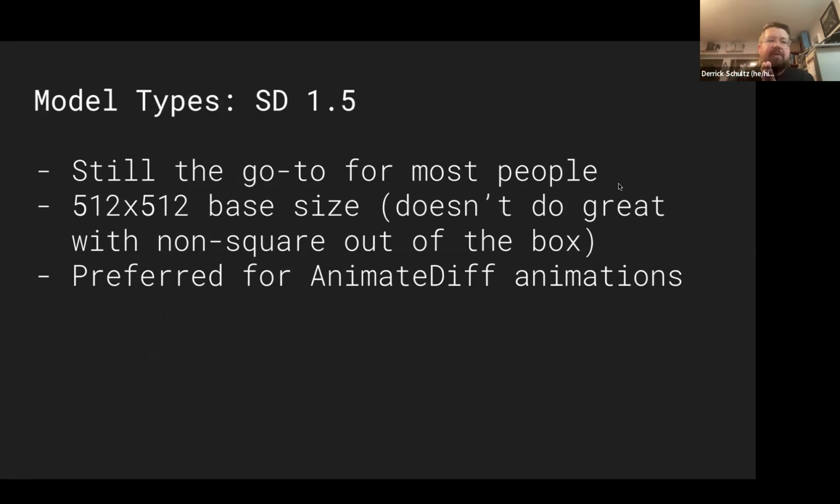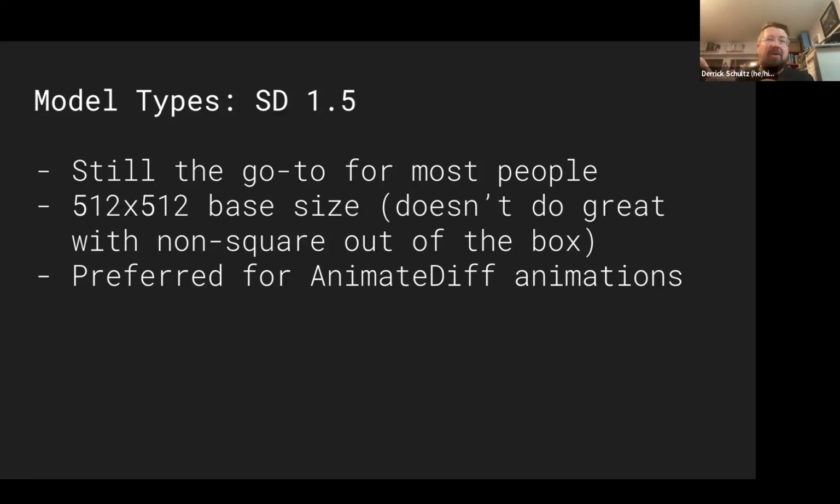So a couple of the key models to know about that people tend to use a lot. Stable Diffusion 1.5, as I mentioned, was the one that was trained on the most open dataset. And quite honestly, it's still the one that a lot of people use today because of that diversity. It's also the fastest. It was trained on images that are 512 by 512, and therefore it can generate images at that size relatively easily. There's a downside of this, which is that the way that particular model was trained, it really likes producing square images. It doesn't do a great job of producing non-square images.